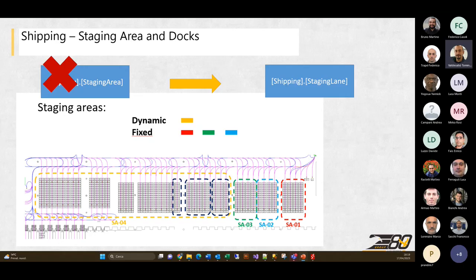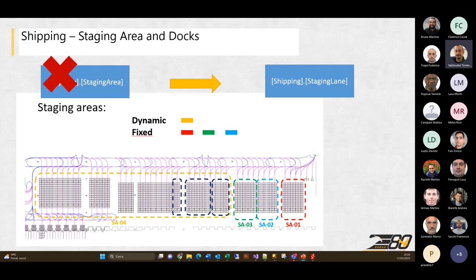In particular, there are not all the scope entities, only the scope entities that contain staging lanes. So we don't have any more staging area table, but we have a table called shipping staging lane, where for each location that can be used as a staging lane, it's referenced there,